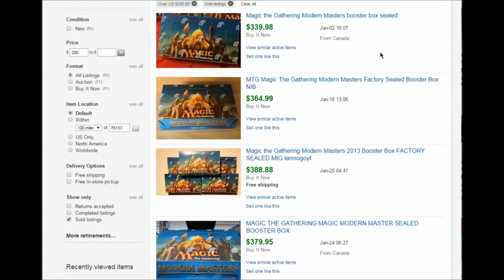Right now we're in May. It's May 11th. And these are the prices that these boxes were selling at back in January, before we really knew anything about Modern Masters 2015. We knew there was going to be a Modern Masters 2015, but we didn't know what was going to be in it yet. So just knowing there was going to be a Modern Masters, we'll call it an expansion,